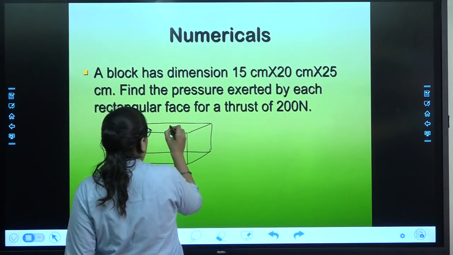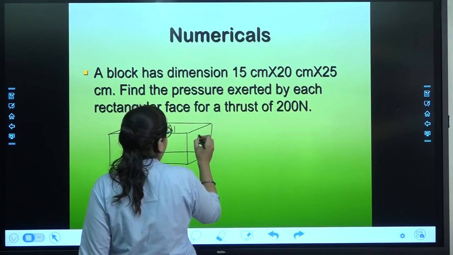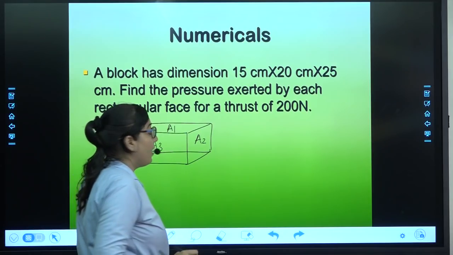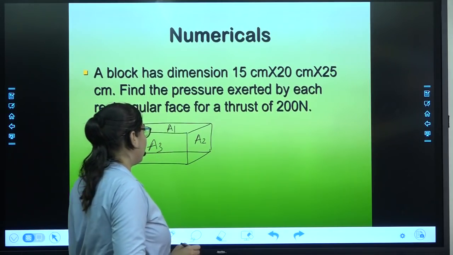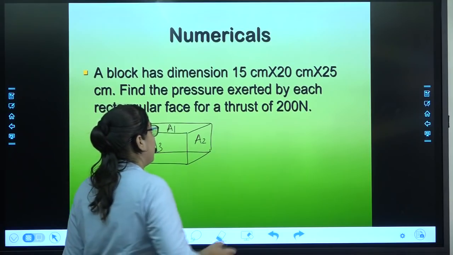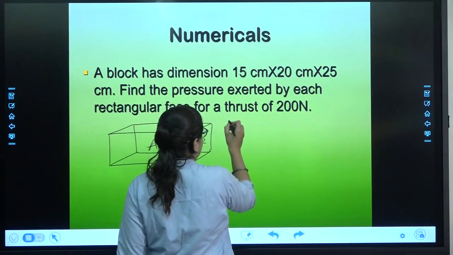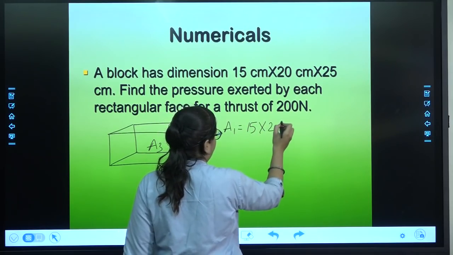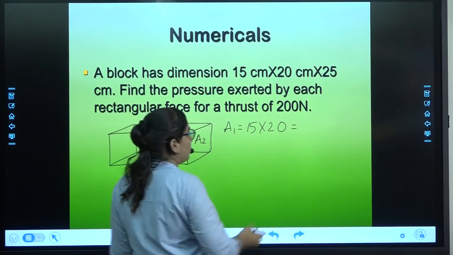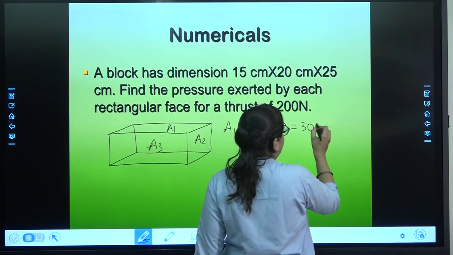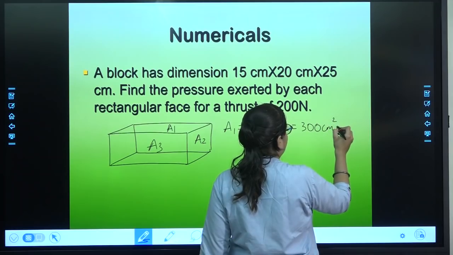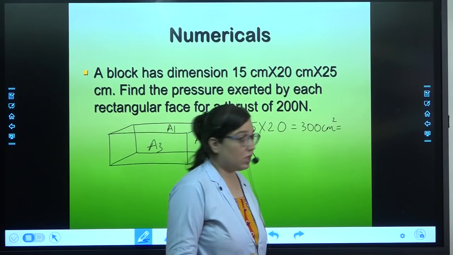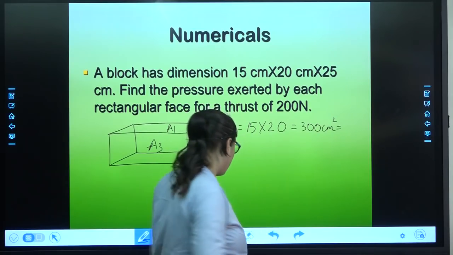There are 3 areas over here. Area 1, this is area 2 and the another one is area 3. It was explained to you how the 3 areas were bifurcated. Suppose the very first area is this, 15 cross 20. Okay, what is 15 into 20? So 300 centimeters square converted into meter. So you have to divide by 4 zeros. Once you divide 300 by 4 zeros, what happens?